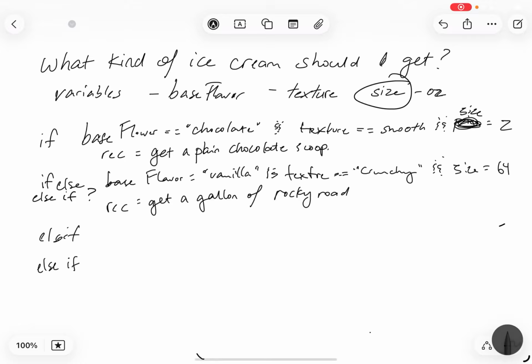Over and over and over again until we get to, again, we might have a last one where our recommendation is like, sorry, don't know, because you selected some weird options, so we don't have a recommendation for you, right? It's always good to have that as an option, just in case nothing fits. Okay, so last final example here that we're going to go through real quick is